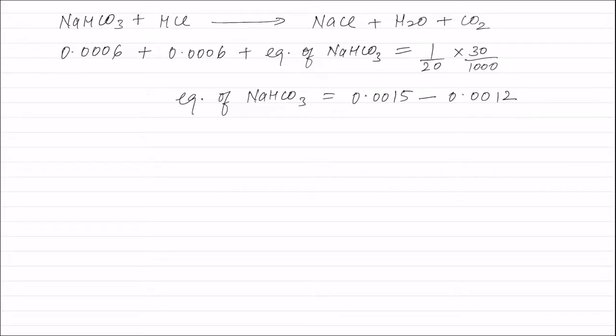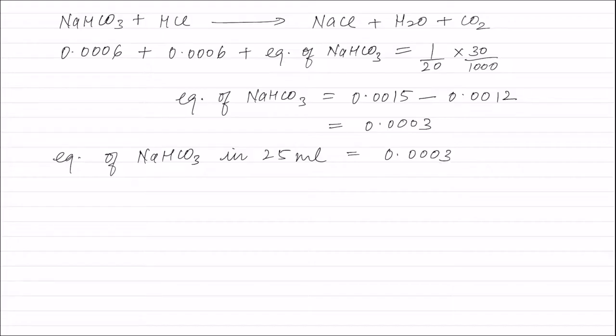This 0.0012 equivalents is the sum of sodium carbonate present in the solution and NaHCO3 produced from sodium carbonate in the solution, and this is equal to 0.0003 equivalents. This is the equivalent of NaHCO3 present in 25 milliliter of solution. Therefore, equivalent of NaHCO3 in 25 milliliter of solution will be equal to